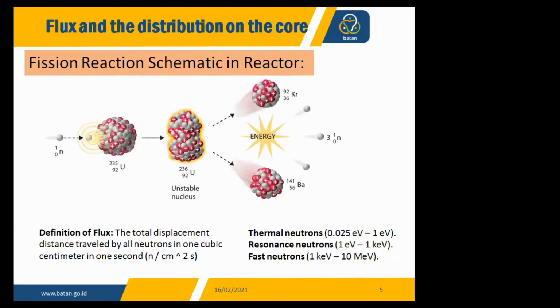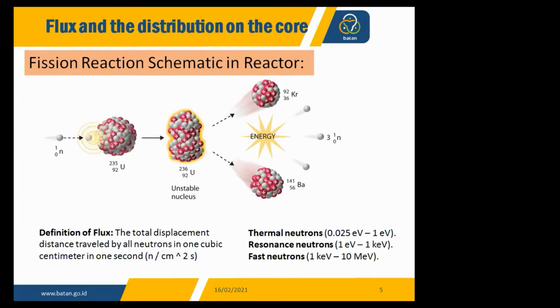Now I will explain about the fission reaction scheme at the reactor core. As you know, the interaction between a neutron and the atomic nucleus of fissile material, which is uranium-235, produces an unstable atom. In nuclear fission, an unstable atom splits into two or more smaller pieces that are more stable and release energy in the process. The fission process also releases 2 to 3 extra, new neutrons, which can then split additional atoms, resulting in a chain reaction that releases a lot of energy.